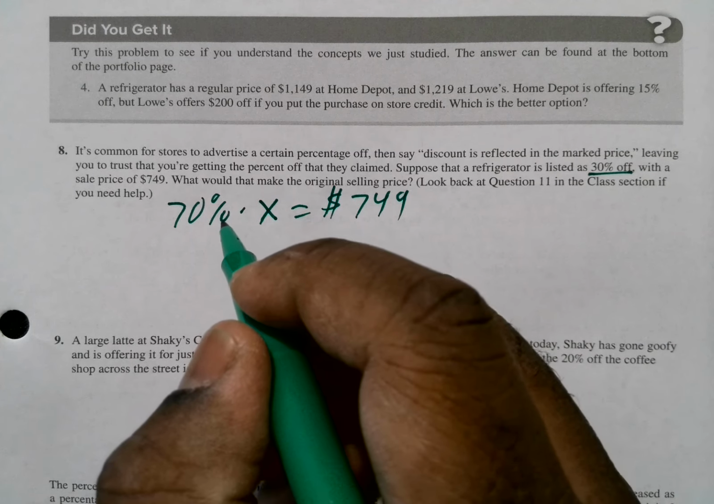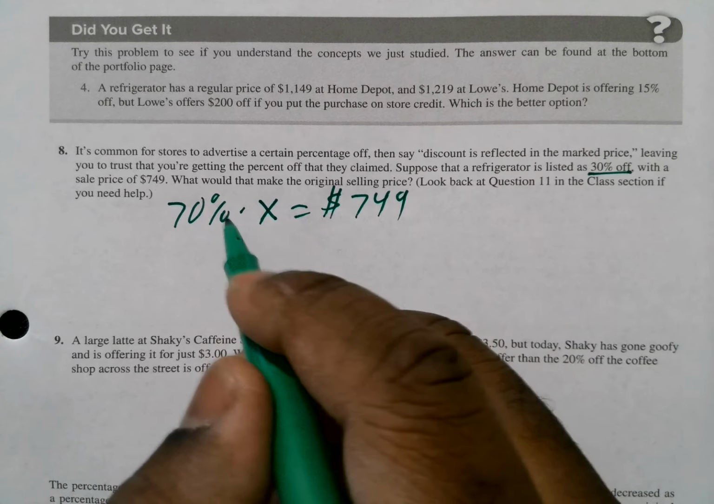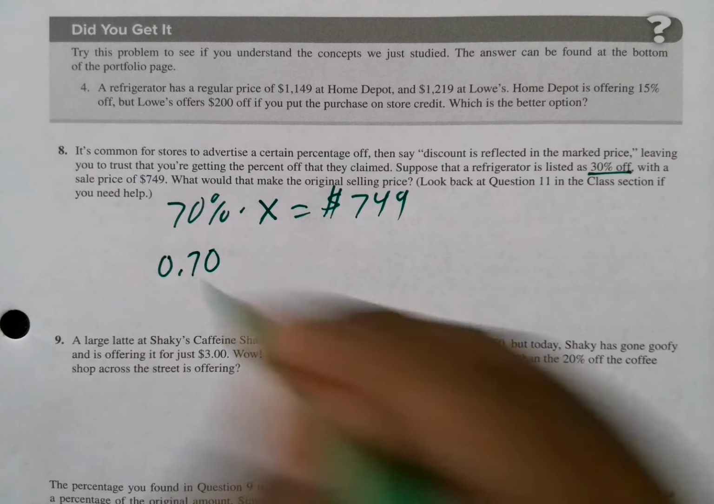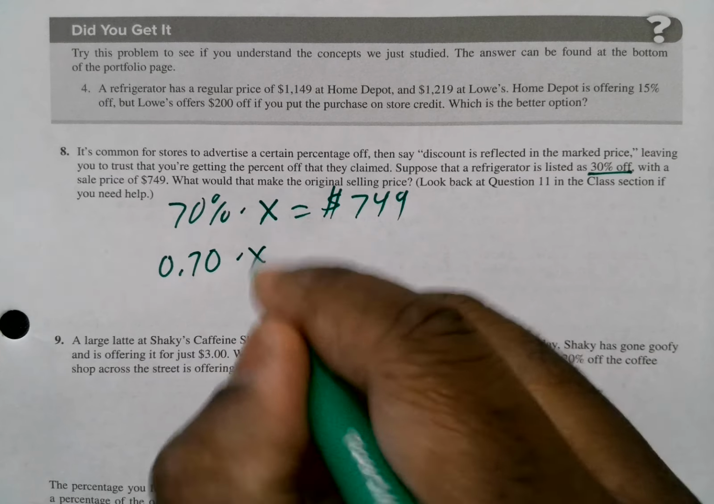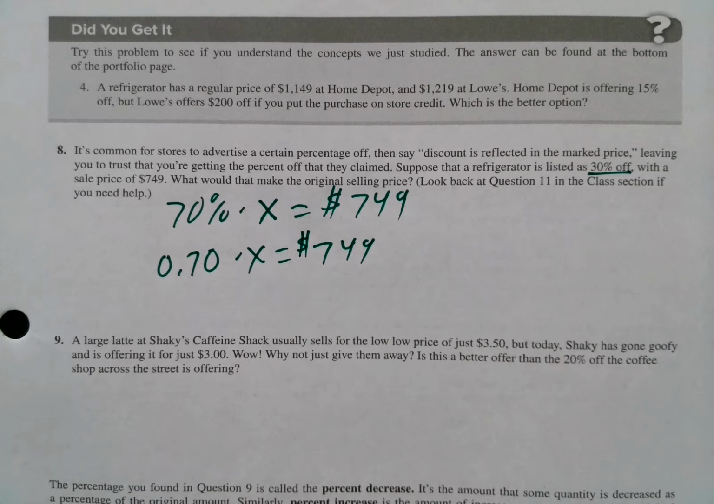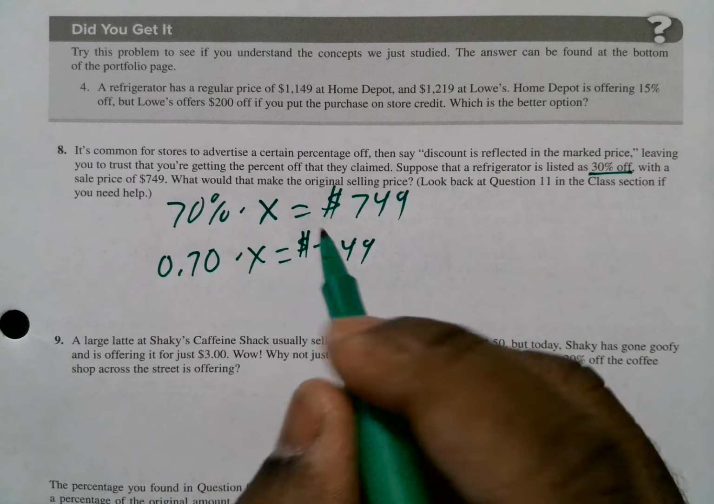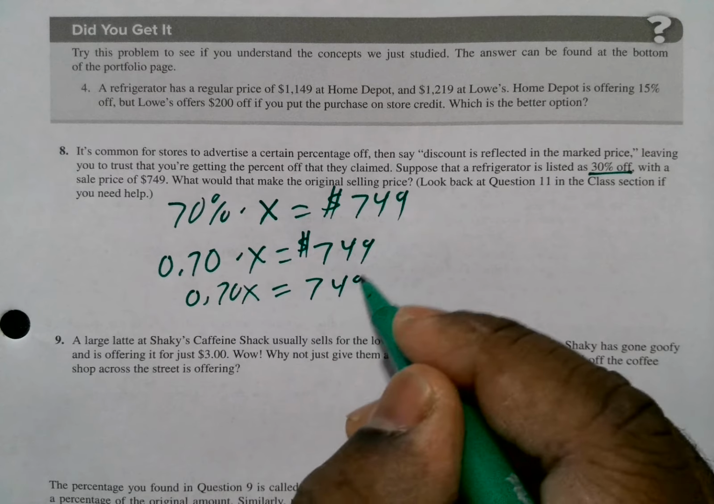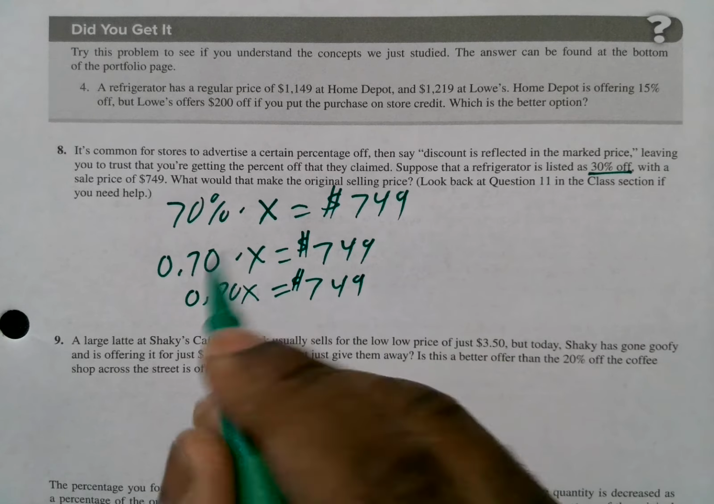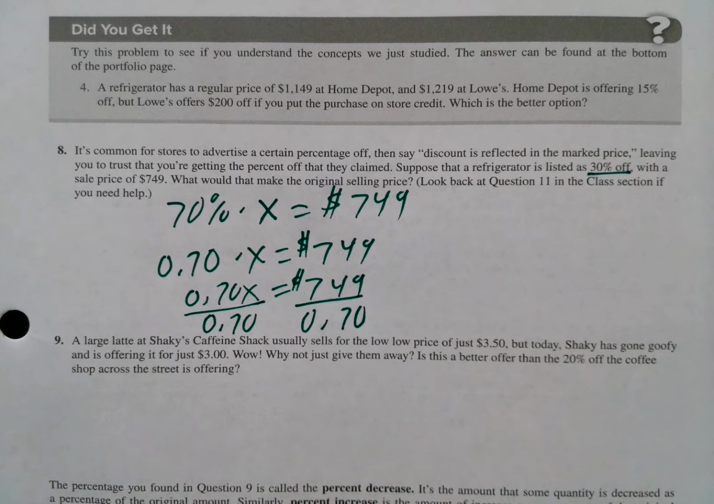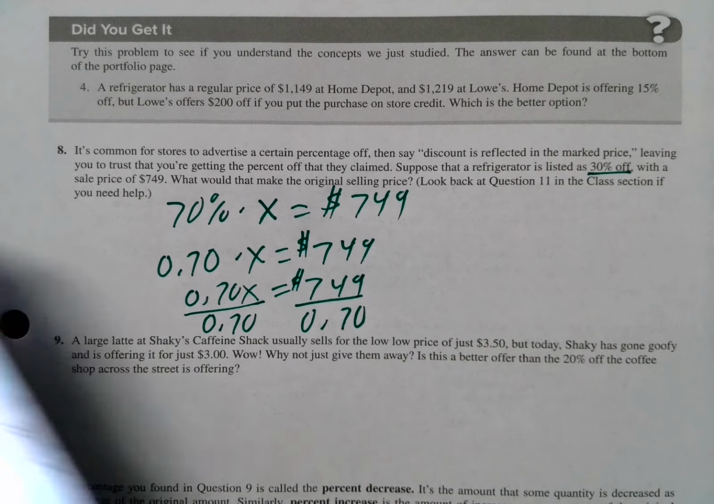So 70% will be changed to a decimal. We get rid of the percent sign and move the decimal 2 places to the left. So it'd be 0.70 times X is equal to $749. Now, we would need to divide. First of all, we have 0.70x is equal to 749. We divide each side by 0.70. And if we put that in our calculator,